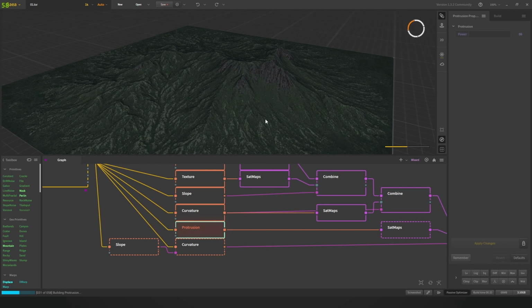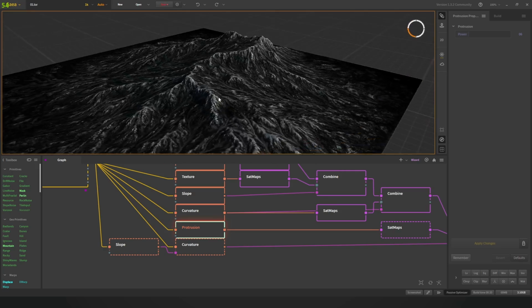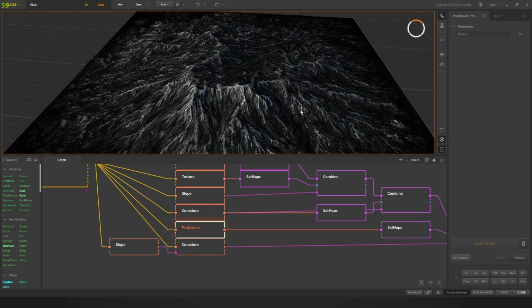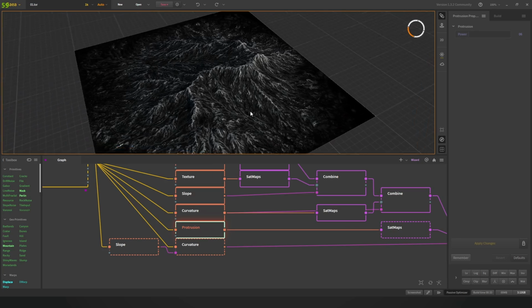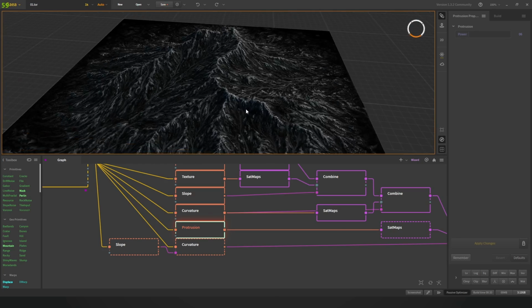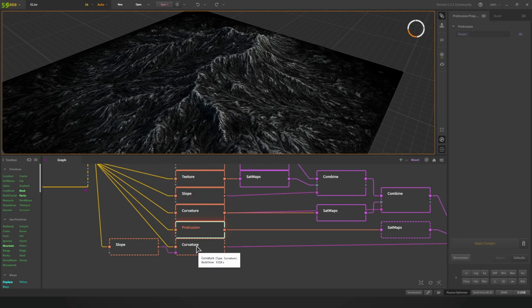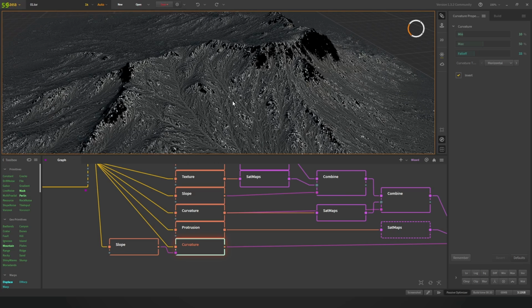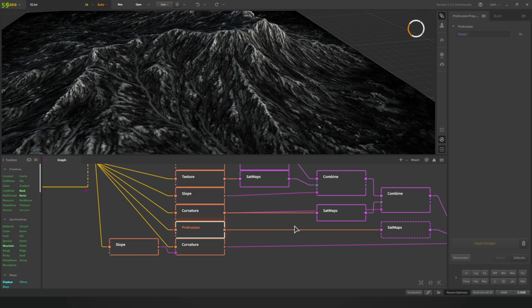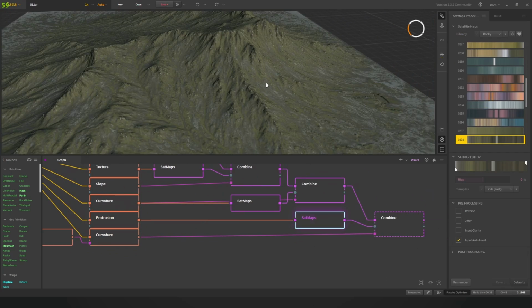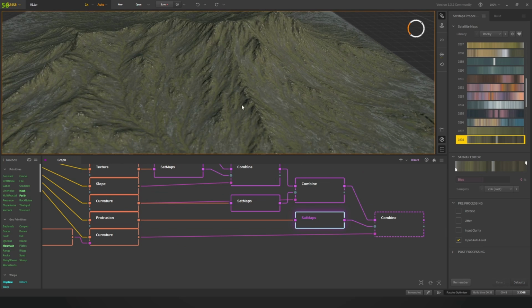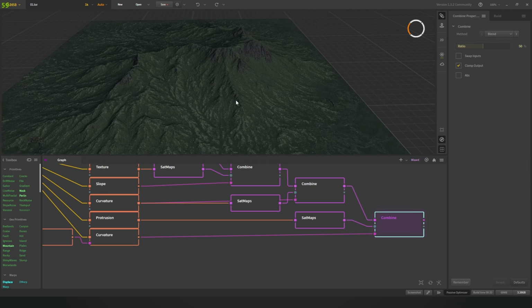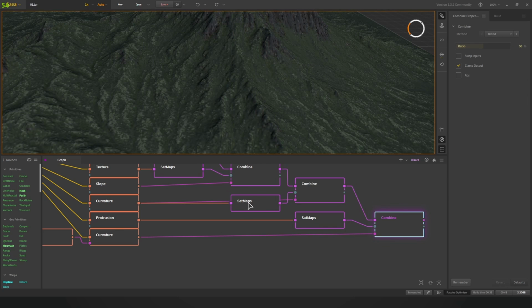If I click this, it looks quite similar to a curvature map. But exactly, this is not a curvature map. There is a curvature map and another curvature node. If I click this, this is what curvature is over here. I use this protrusion to create a color map of something like this, to have this kind of color on my green grass. As you can see over here,